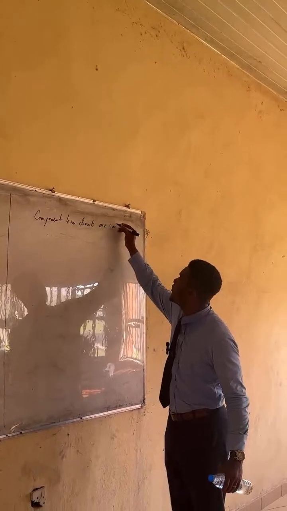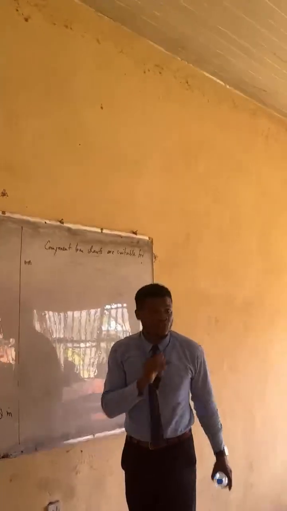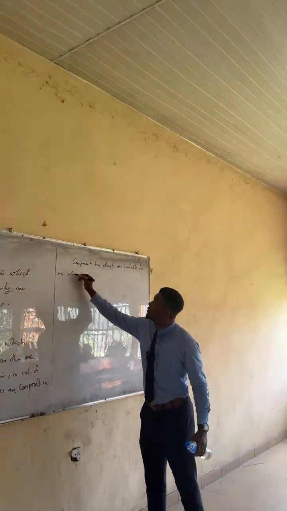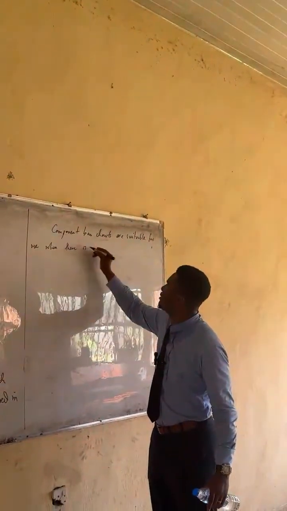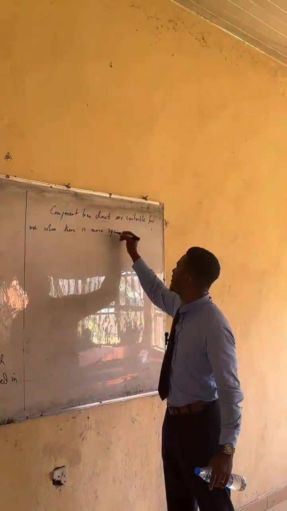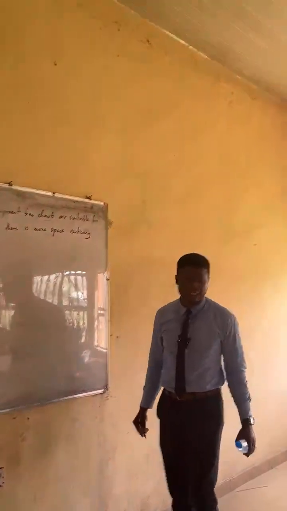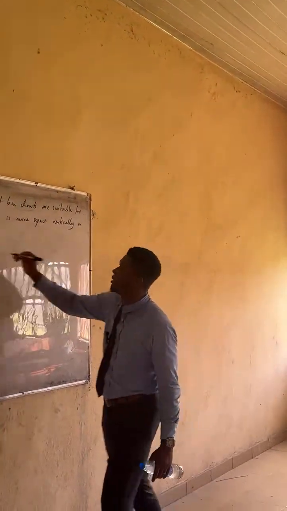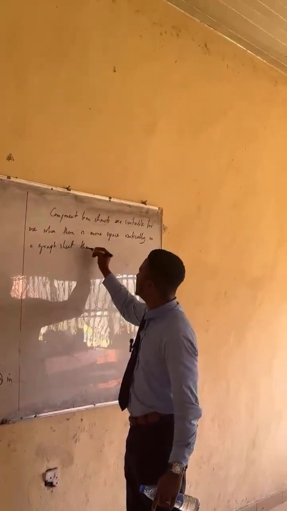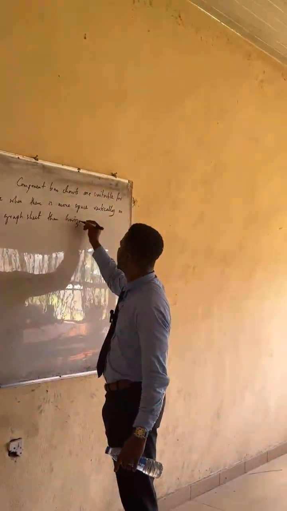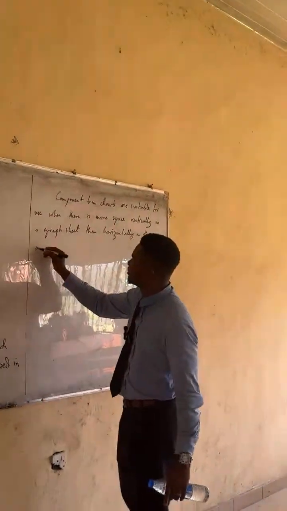Component bar charts are suitable for use when there is more space vertically on a graph sheet than horizontally on the same graph sheet